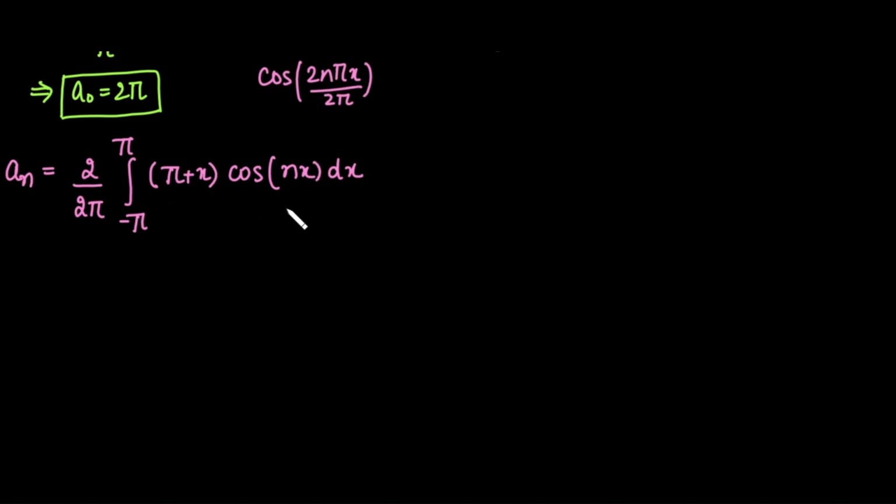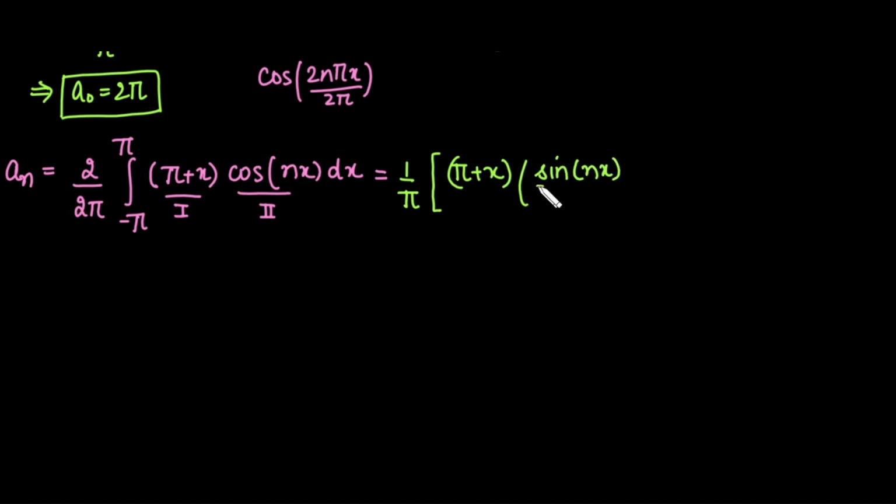In order to calculate this integration, we need to observe the function. Both are the function of x. So we need to apply the integration by parts rule. This is the algebraic function and this is the trigonometric function. It means this is the first function and this is the second function. According to the rule, first function is as it is, integration of second function, that is sine of nx divided by coefficient of x, that is n, minus derivative of